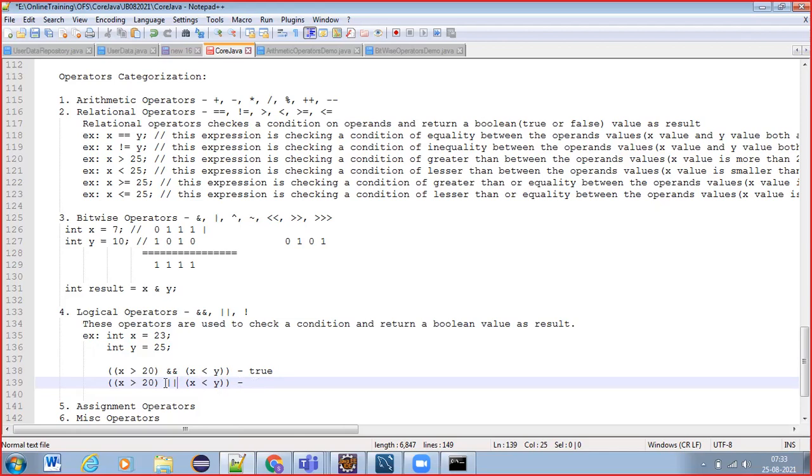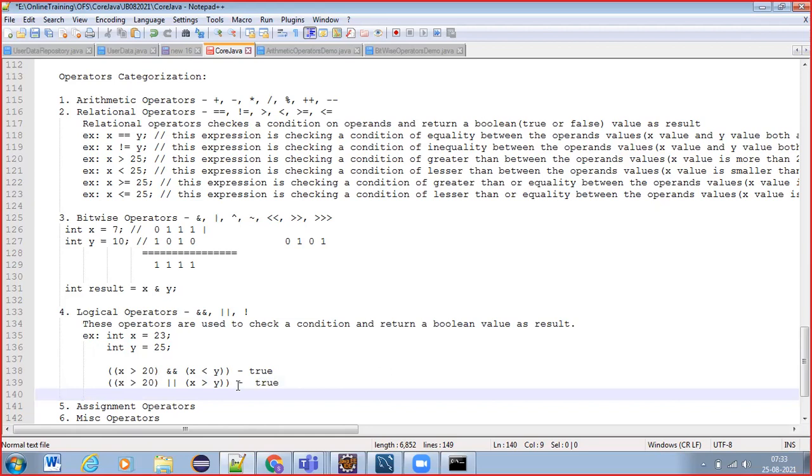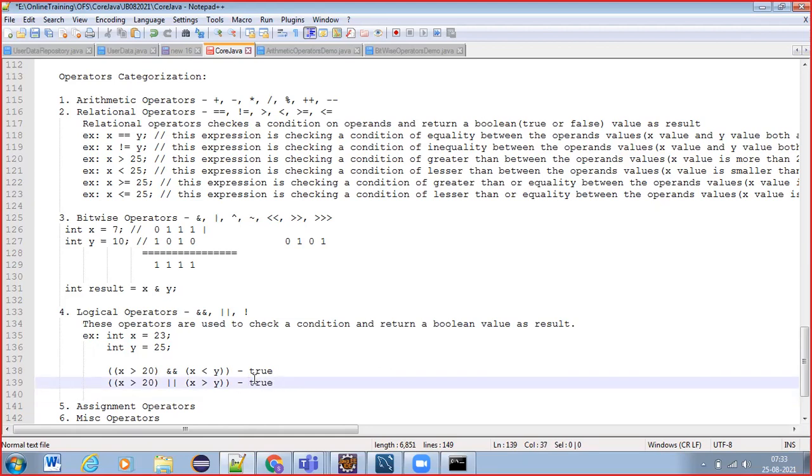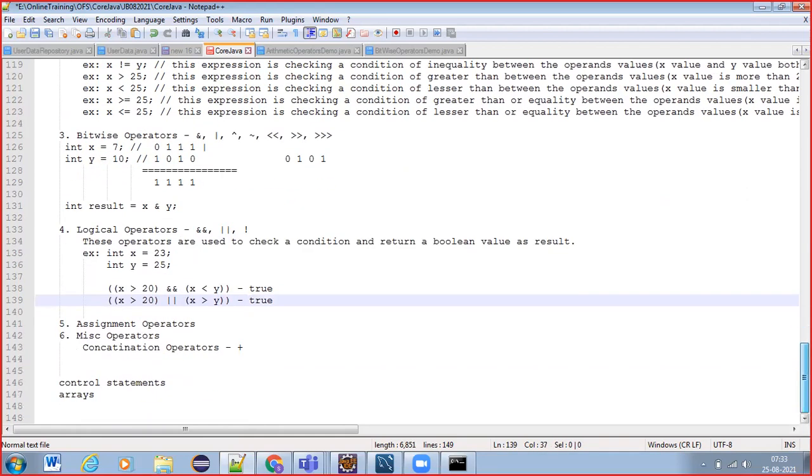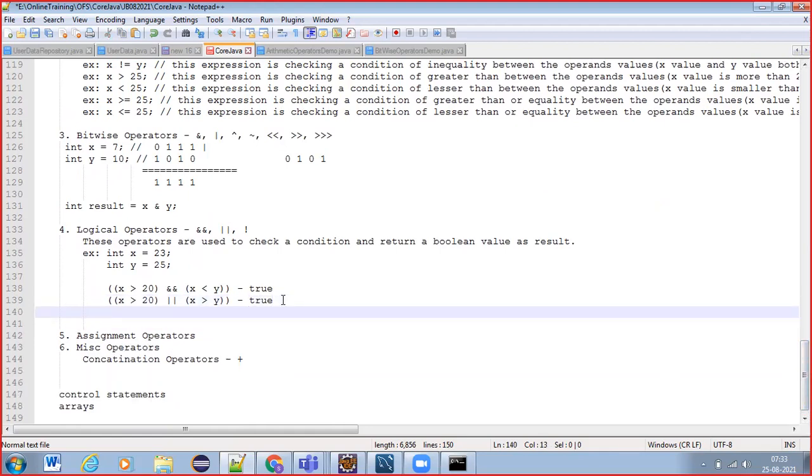Here also it will return true. Or even if we say x is greater than y, anyhow x is greater than y is false. X is 23, y is 25. But x is greater than 20 is true. So true or false always returns true, right? Like this we can write Boolean expressions to check conditions using logical operators.